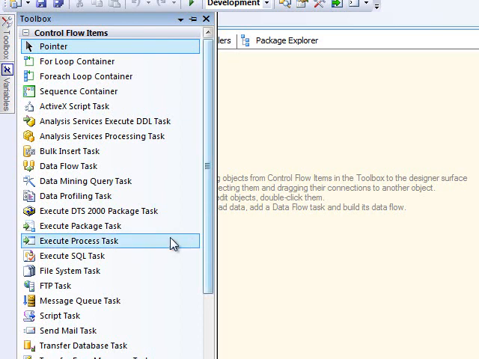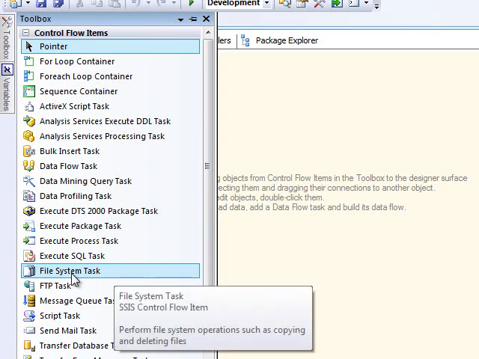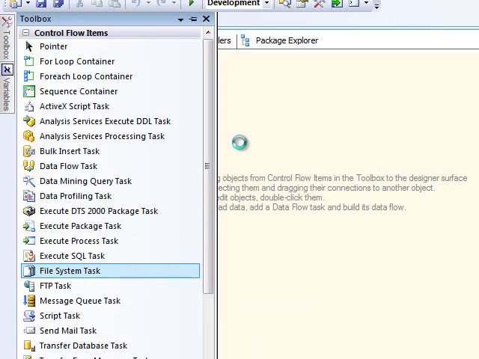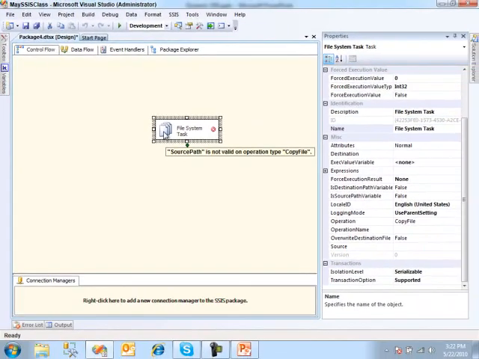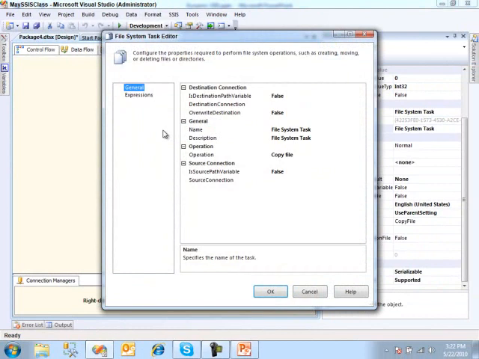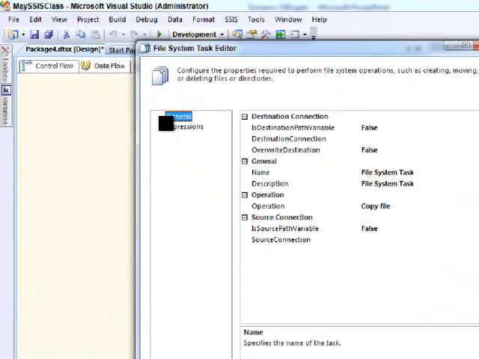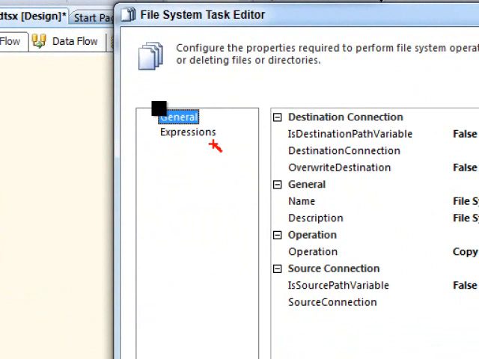So let's take my example from earlier, a file system task. If you are new to SSIS, this task can move a file, copy a file, delete a file, rename a file. It does mostly anything with files for you. All I want to show you is that in just about every one of the tasks available, you're also going to have this little expression tab here. And every single one of these properties that I see here on the right-hand side